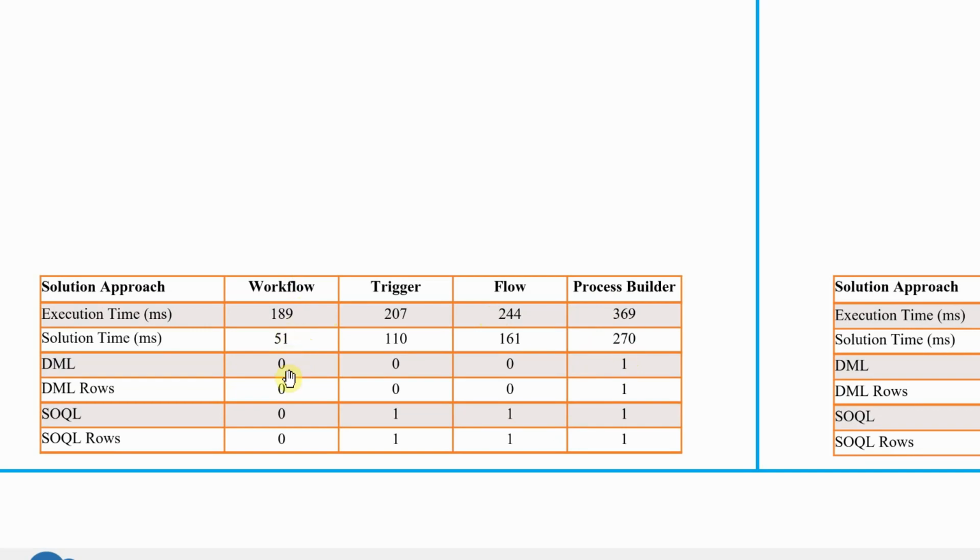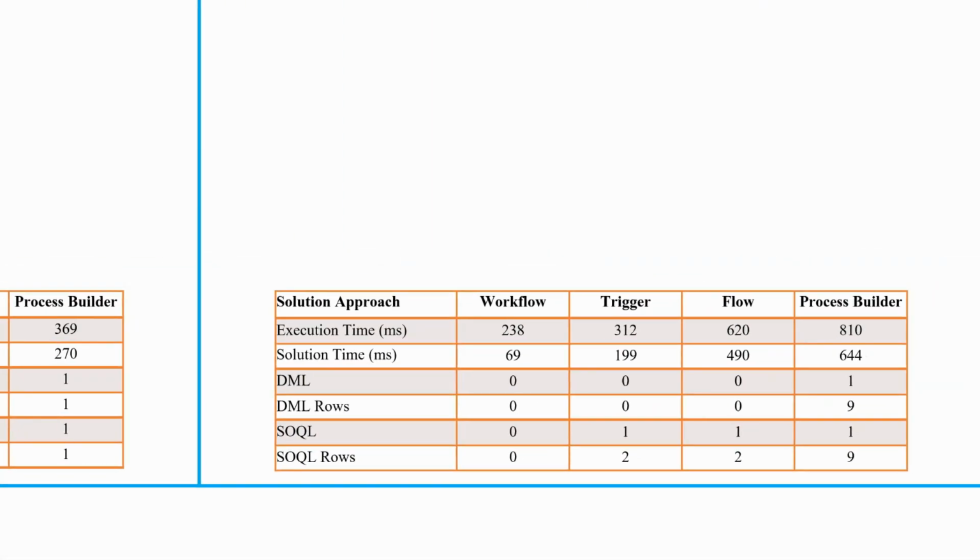As for DML statements, you can see workflow, trigger and flow are not consuming any DML operation because they are always executed before the record is saved to the database. But a process builder is consuming a single DML statement. If you consider SOQL statements also, workflow is not consuming anything, whereas all the other options like trigger, flow, and process builder are consuming one SOQL statement.